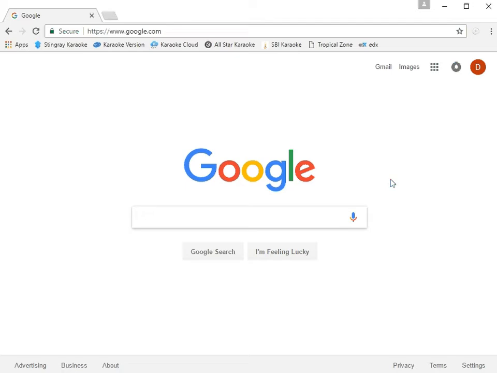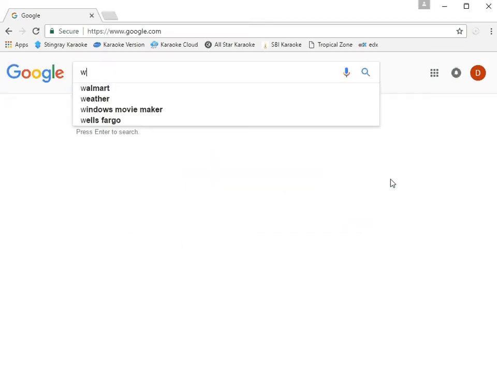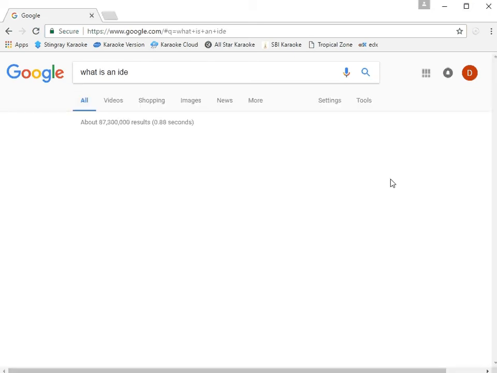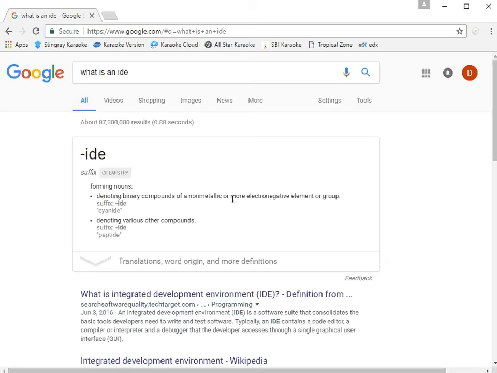So first thing we're going to do is like, okay, what is an IDE? All right. And then of course, integrated development environment. So if you want to find out anything, Google or Bing, whatever your preferred search engine is, I'm sure you're going to find it. Next thing that we're going to do is we're going to get right into